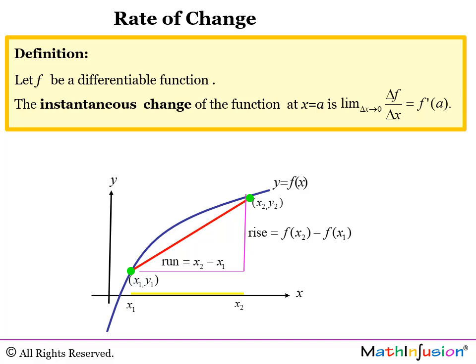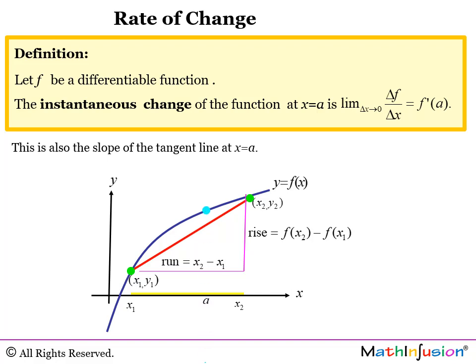Definition. Let f be a differentiable function. The instantaneous change of the function at x equals a is the limit of delta f over delta x when delta x approaches 0. And if you recognize this, this is also the derivative of the function at x equals a. If this is a, then